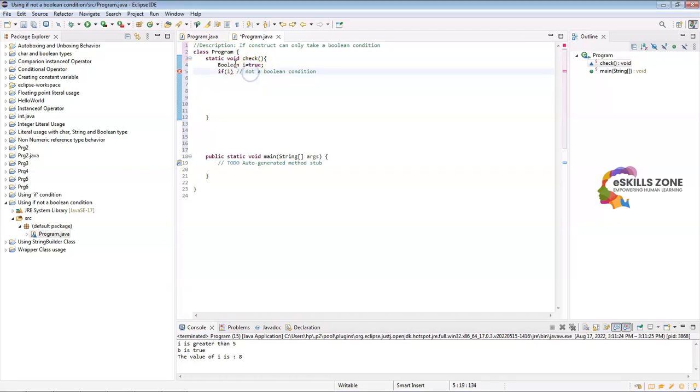So if I declare I as a Boolean and assign a value true to it and check if I, meaning that if I is true, and use System.out.println and declare I is true and give a semicolon,